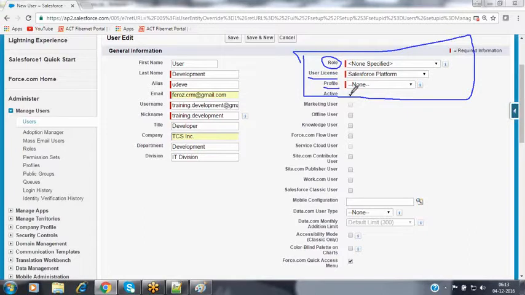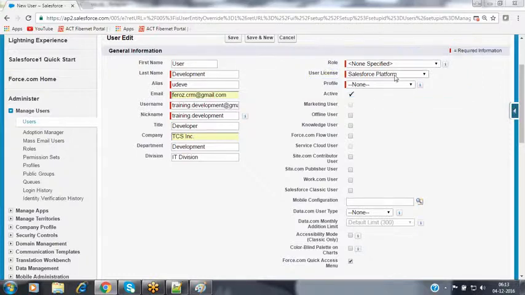Three fields are available here. Without selecting the profile, we cannot create any user. Profile is always a mandatory field upon creating a new user record inside your organization. So compulsorily you have to select the profile here.